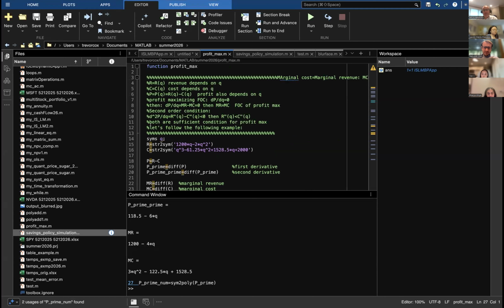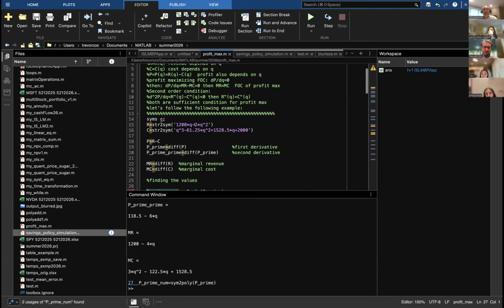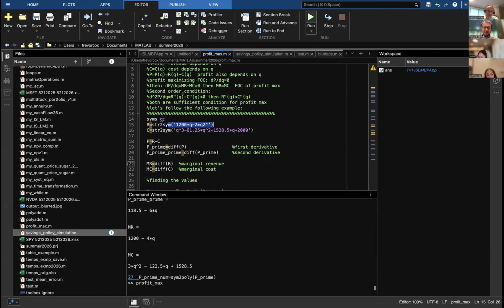So this profit maximizing function here, you can read it all in the notes, but here we have revenue equals string to symbol. This allows you to take a string and put it in a symbolic format where you can have variables and manipulate the variables. Then you're able to take the derivative of that symbolic math. So if we run it,